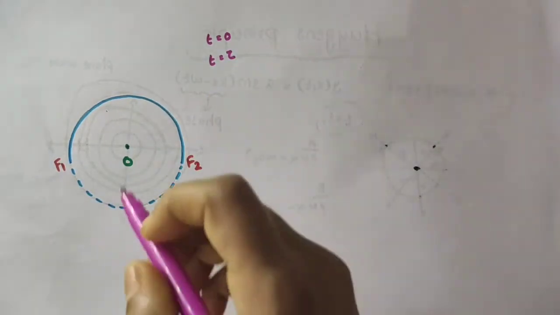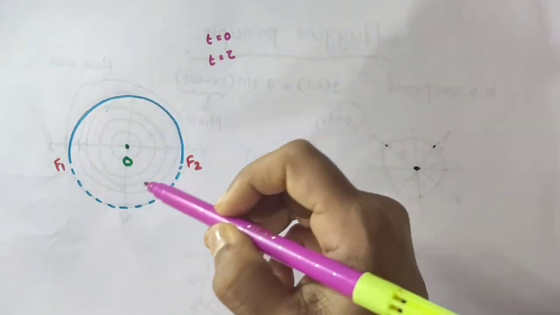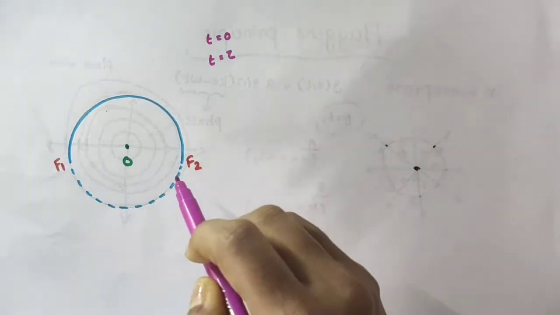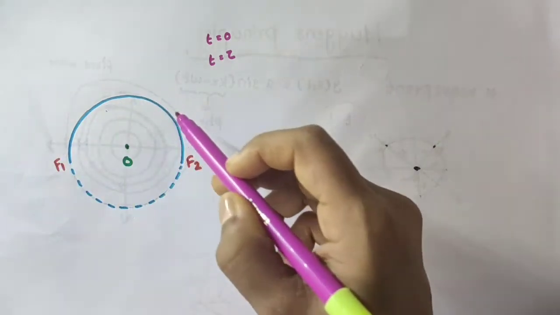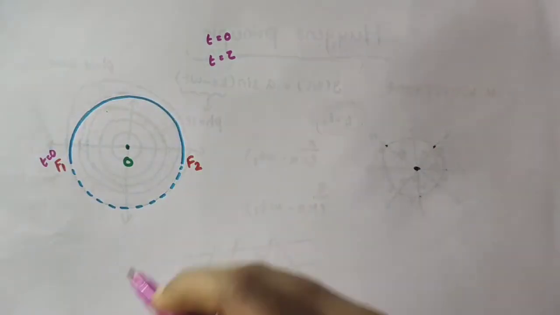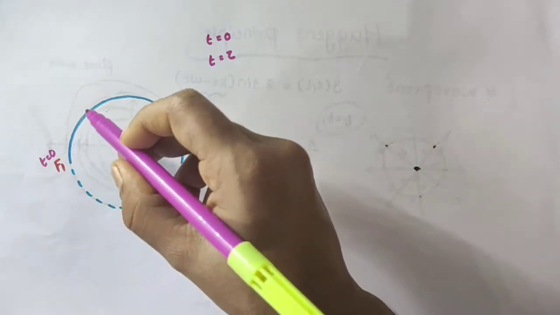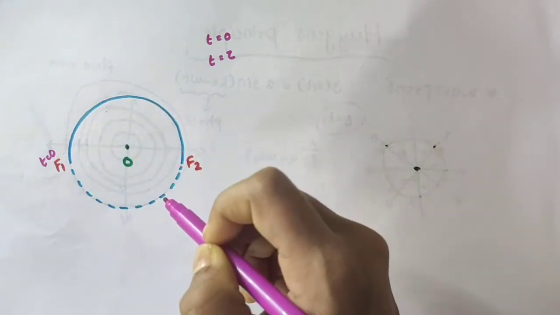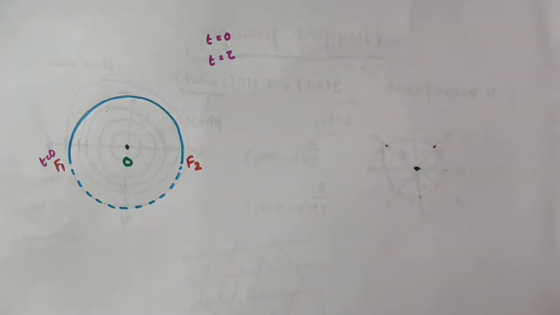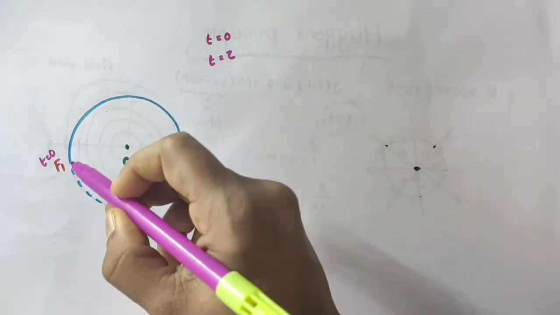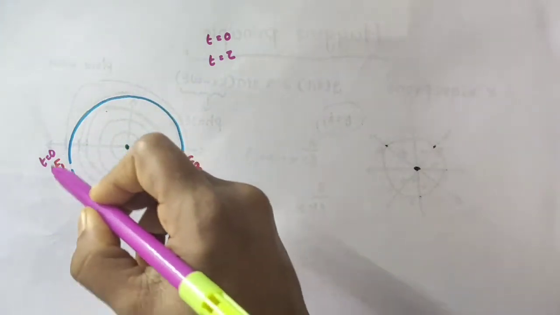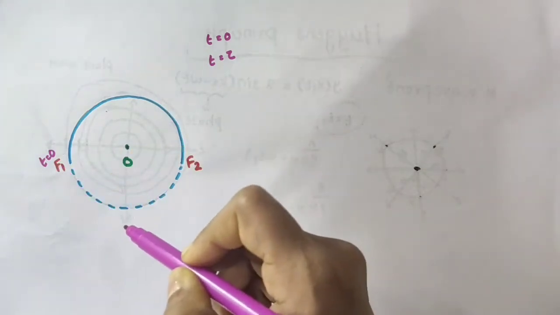Okay, here you just consider a diverging wave which is diverging away from this point O. Let F1, F2 represent a portion of the spherical wavefront at t equal to 0. Okay, it is only this F1, F2, it is only a portion of the spherical wavefront. The rest is here, I have just drawn with the dotted lines here. Okay, so F1, F2, this is actually a portion of that spherical wavefront at t equal to 0. The rest part is here. Okay, it is a spherical wavefront now, so the rest part is here.